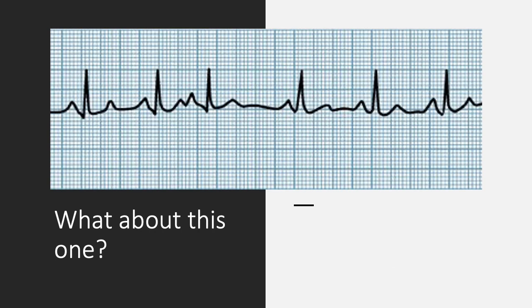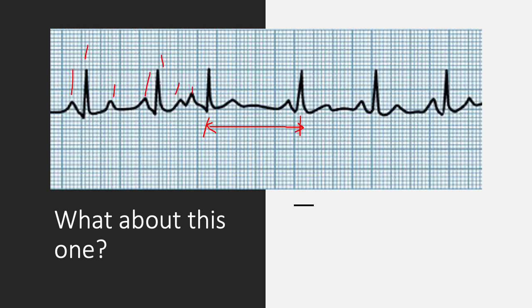Okay. Let's take a look at this one. So this one we can see right off the bat, we've got a fairly regular rhythm, except in this area that I am marking here between these two QRS complexes. So I've got a PQRST,